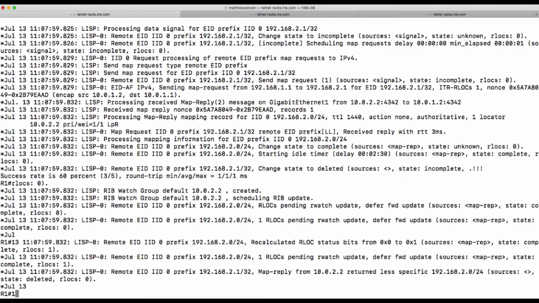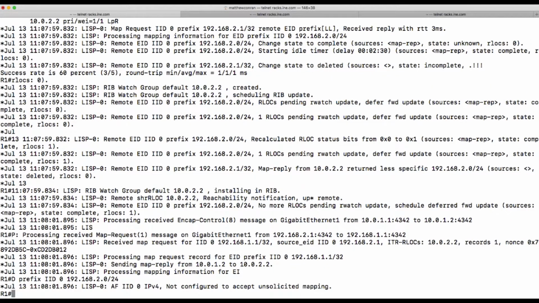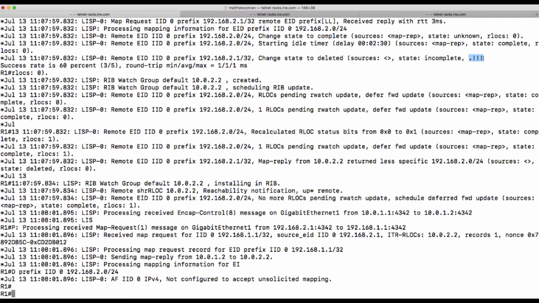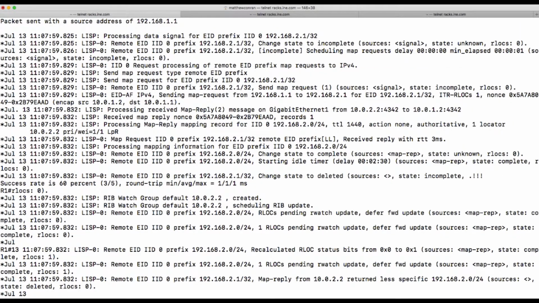As you can see, quite a bit has come up on the screen here. Let's wait for that to settle. Yeah, so the first ping didn't go through, and that was ARP kicking in. But if you run that ping command again, we can see it's 100% success. So what I want you to look at here is this map request. This tunnel router is sending a map request from its local EID to the remote EID. What's important is it's receiving a map reply message. If you look at the address, it's receiving map reply messages from 10.0.2.2,